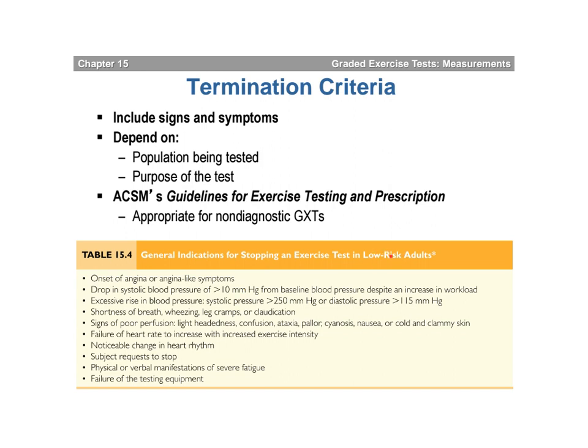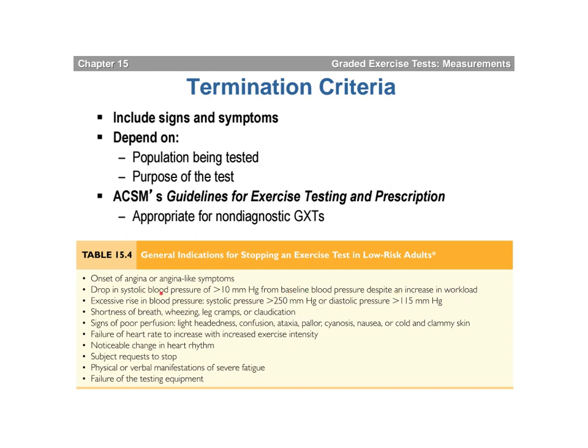So obviously there are other tables for high-risk adults, but let's say we have a low-risk adult. Onset of angina or angina-like symptoms. So again, that's the pain within the chest, neck, or arm, or any of those other things such as nausea, which might indicate that there's some sort of hypoxic event or ischemia within the heart itself. A drop in systolic blood pressure of greater than 10 millimeters of mercury from baseline,